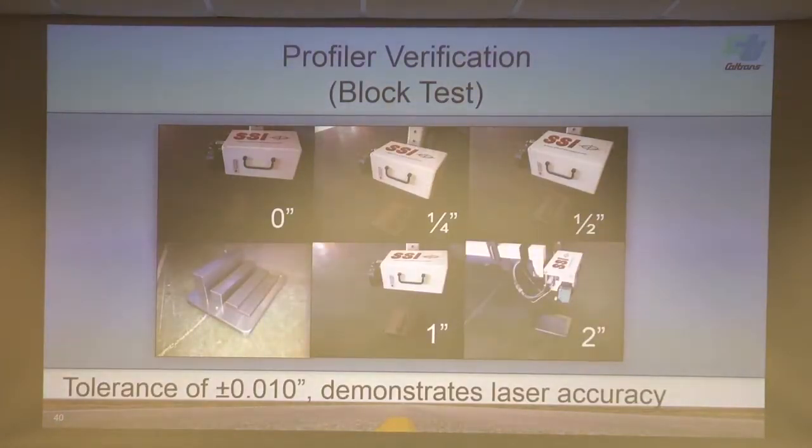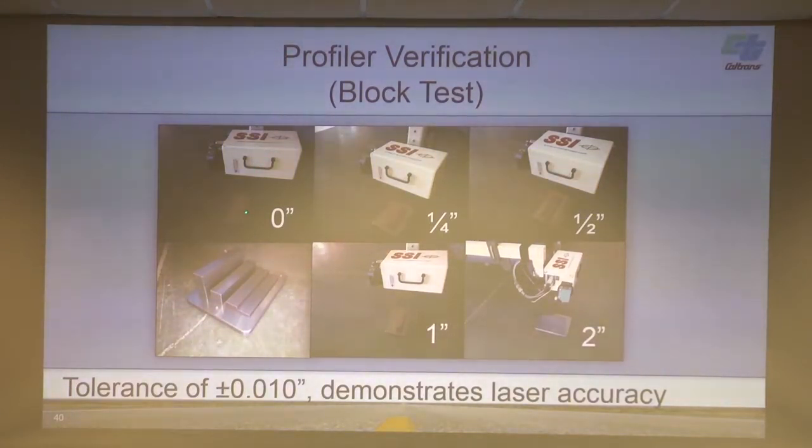Okay, so I spoke about this earlier, the block test. You'll hear people use this term: block, bounce, DMI. I'm going to explain what that is. For the block test, on each side of the inertial profiler there's a box. It's got a laser beam in it and an accelerometer in it also. So this exists on both sides of the inertial profiler.